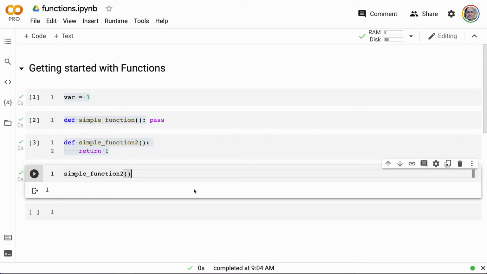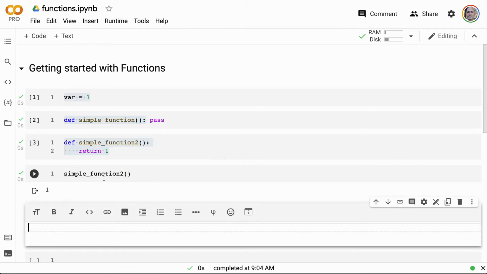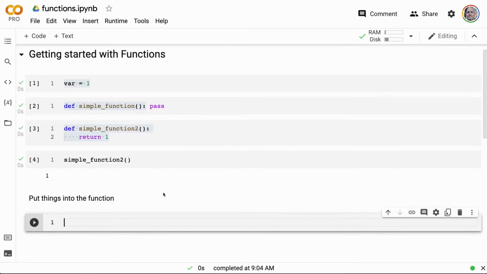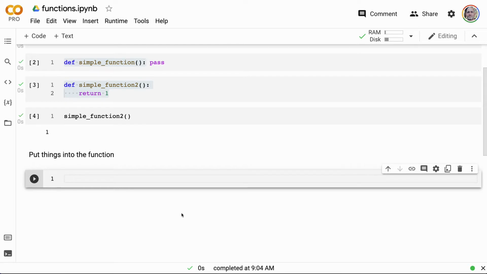So why would we use a function then? Well, a function really starts to come into play when you can actually put things into it. And so that's really the next thing. Let's put things into the function, right? And this is a great way to learn functions here. Let's do math, right? That's one of the easier ways to learn a function. So if we do add, we can actually put things inside of this function. So we can say x and y, right? That's a pretty common variable you'd see in elementary math.